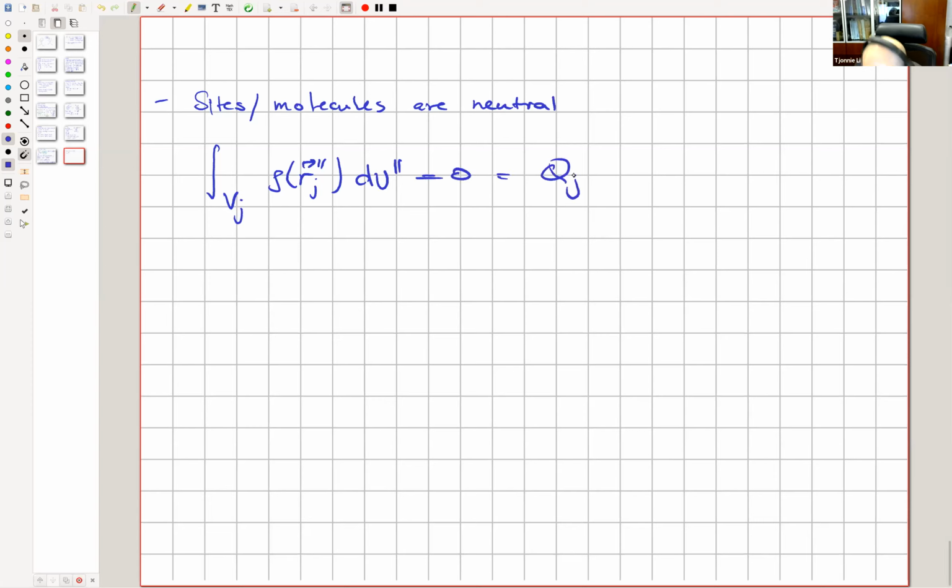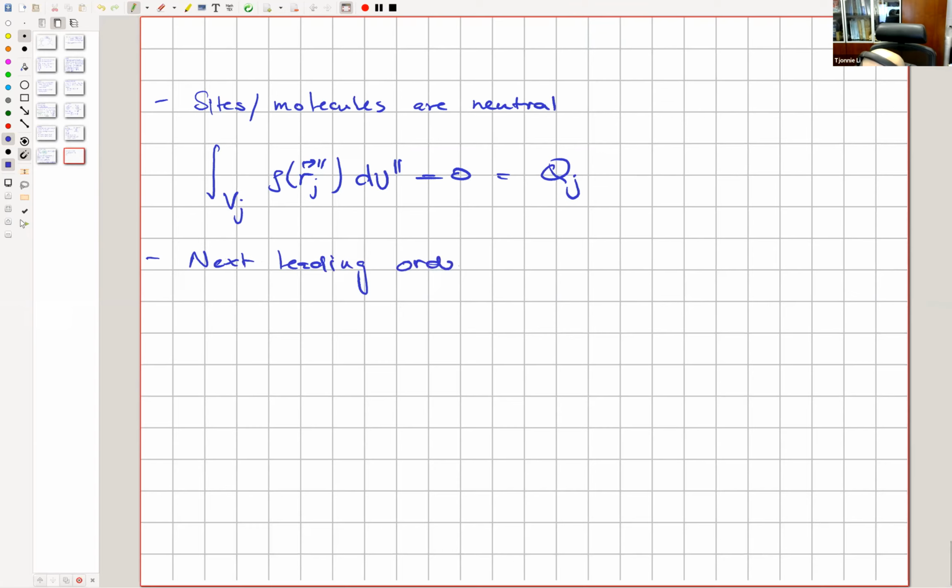Because that would be the charge inside this molecule on a jth site, jth molecule. What we can do is set that to 0. So then the next leading order